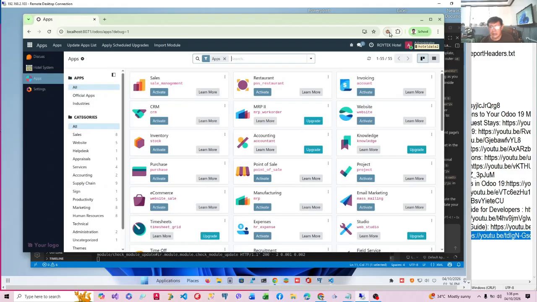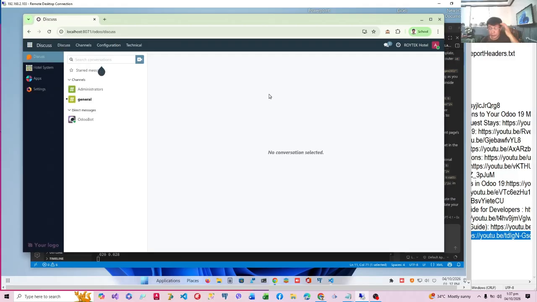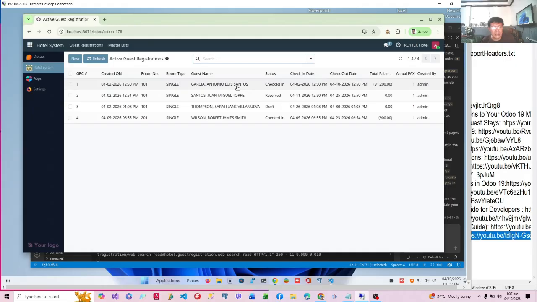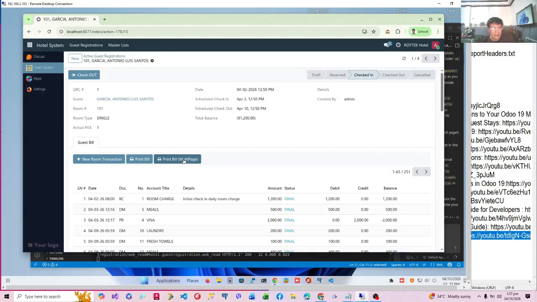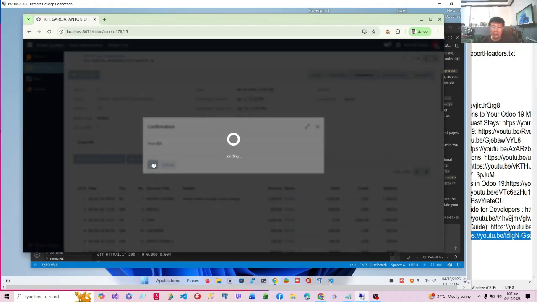I've already included guest bill 2 in the manifest.py. So, okay. And also included it in the action. Surprisingly, there's no error. So let's go there and let's try to print. Okay, let's print this. There's no error also.